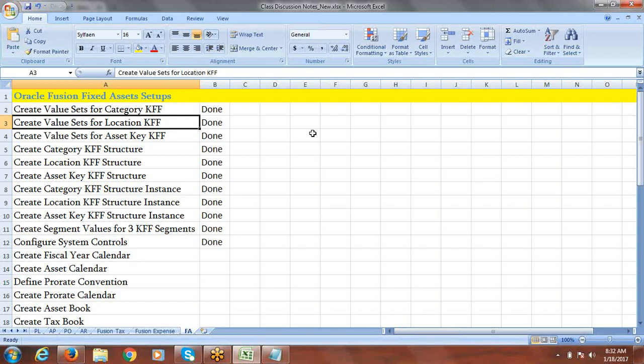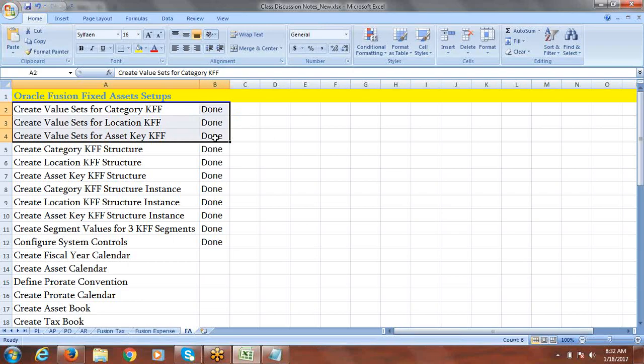When you talk about the location key flex field, all the physical locations where you are going to have assets you can maintain in the system, so that instead of creating the same location again and again, you can select the predefined value for assets. That's how you can track assets location wise. And asset key is for some additional tracking purpose apart from category, location and other parameters, an additional criteria you can use. That is the purpose, we know that.